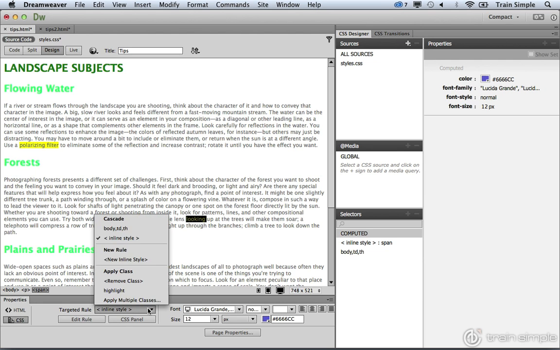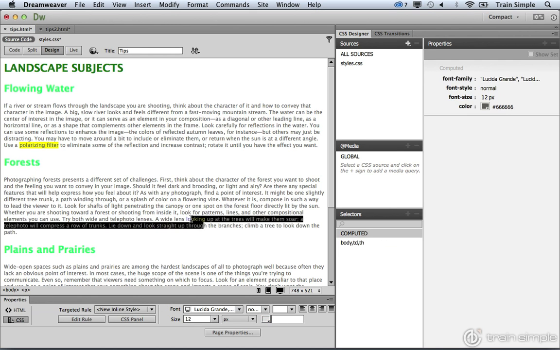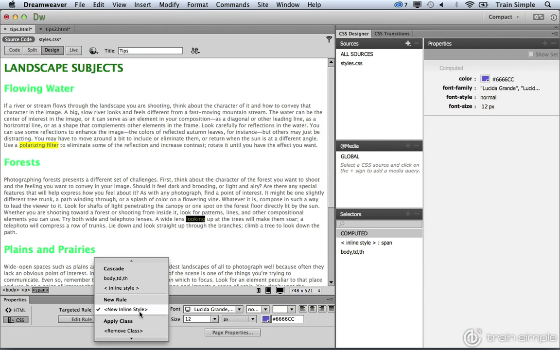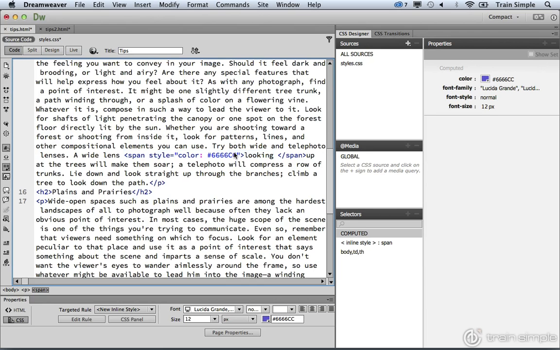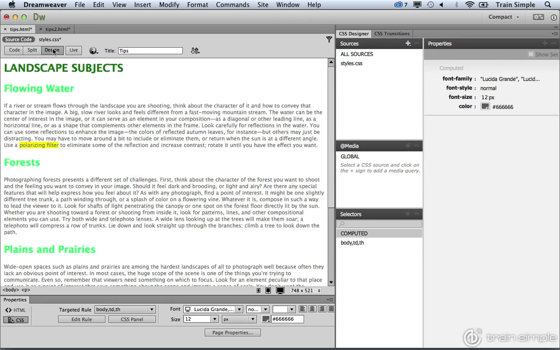So I don't really want to do that, so I'm going to go ahead and remove class, and it should revert back to the gray. If it doesn't, you want to make sure that you choose remove class. I already did. It doesn't seem to be working. I'm just going to come into the code view. Here inside the code view, I'm just going to manually get rid of that span element to remove it. So hopefully that gives you some indication as to how you can work with the Properties panel when it comes